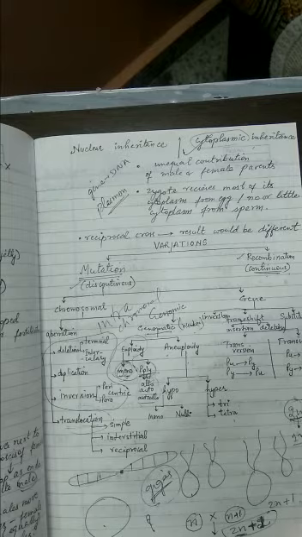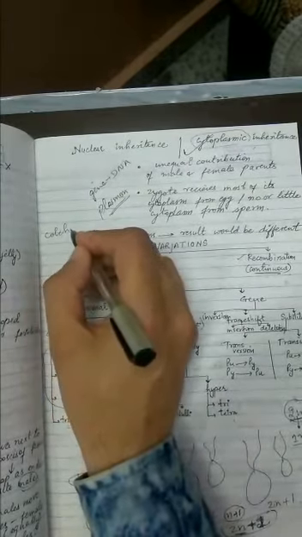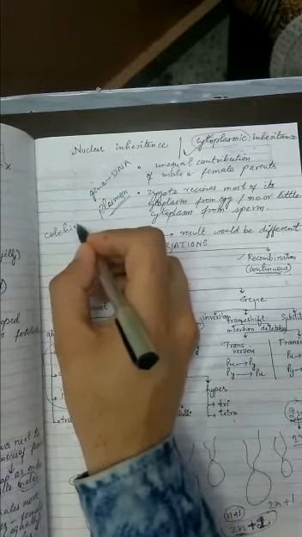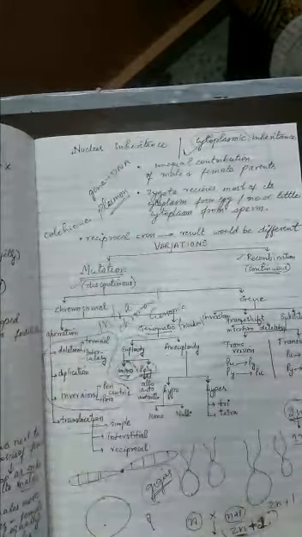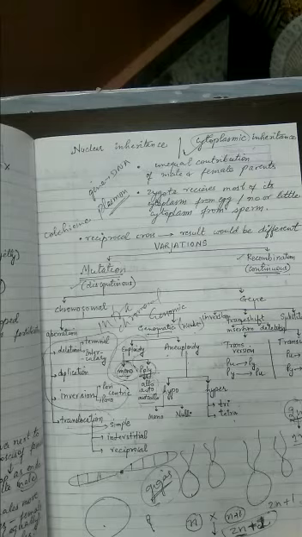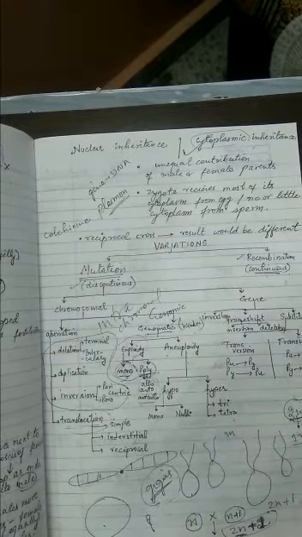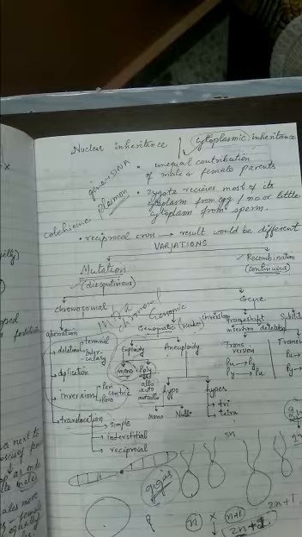It can be done artificially also with the help of a chemical which you have learned in the 11th class, that is called colchicine. An organism or its karyotype having more than two genomes is called polyploid. Depending upon the number of genomes present, it can be called triploid if it is 3n, tetraploid if it is 4n, pentaploid if it is 5n, hexaploid if it is 6n. So it goes on like this.